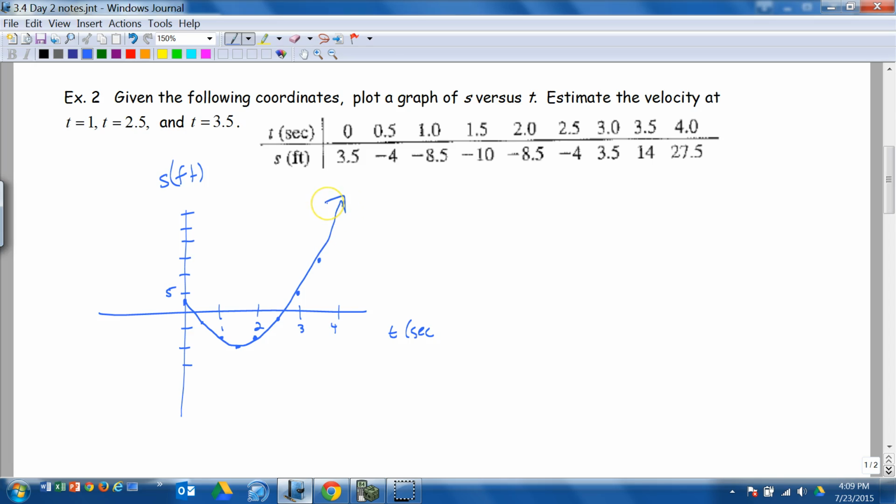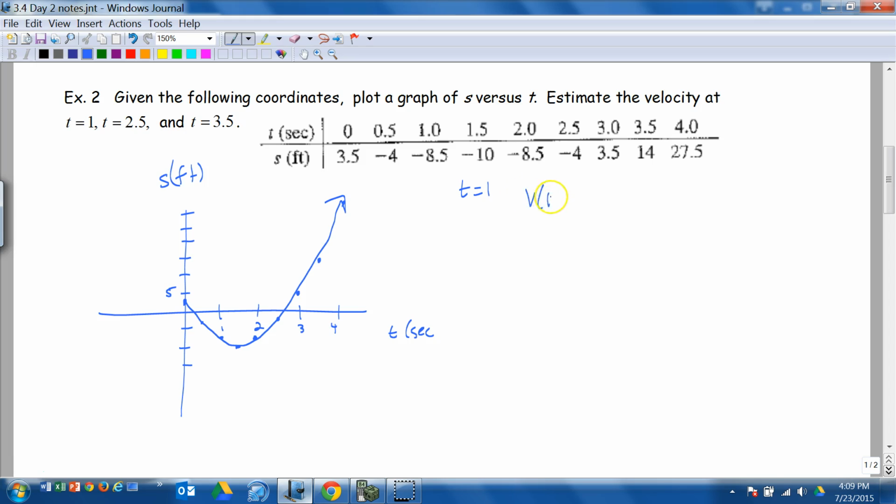Okay. And we're supposed to estimate the velocity at 1, 2.5, and 3.5 seconds. Well, at 1, hopefully you guys, just by looking at the graph, remember the velocity is, if this is position, it's the slope of the curve, which is negative. So we should get a negative velocity at t equals 1. So at t equals 1, we're going to do